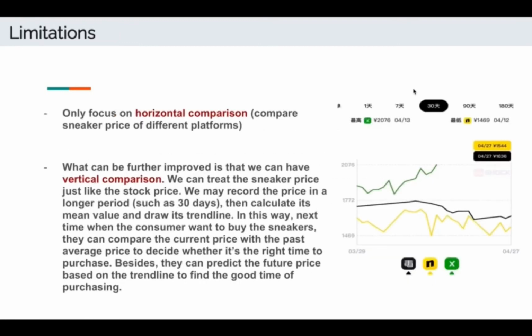Besides, we only focus on horizontal comparison. We just compare the sneaker prices of different platforms. So what can be further improved is that we can do a vertical comparison. We can treat the sneaker price just like the stock price. We may record the price over a longer period such as 30 days, then calculate its mean value and draw